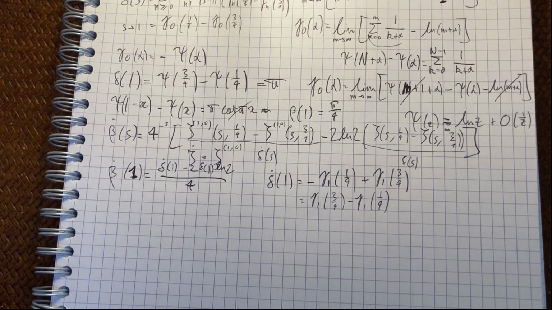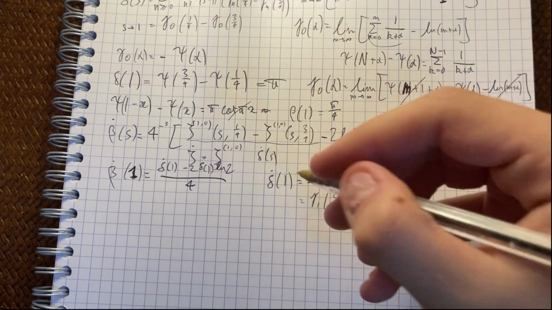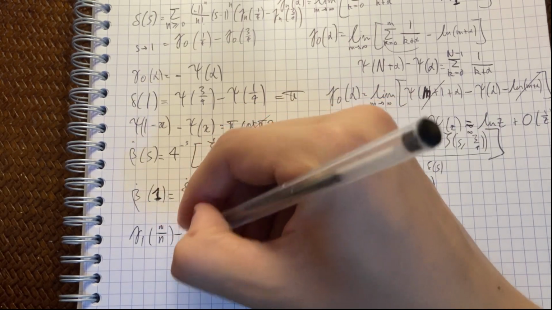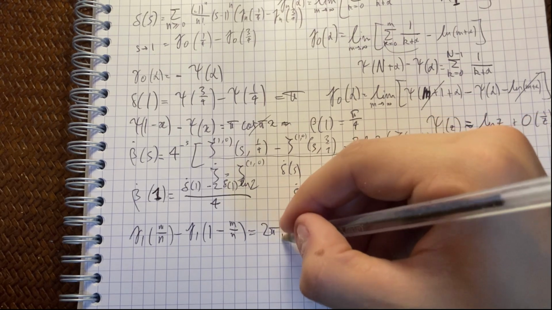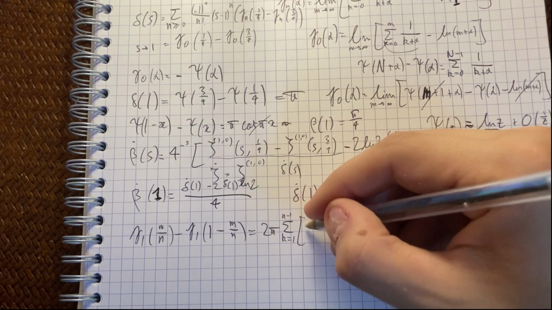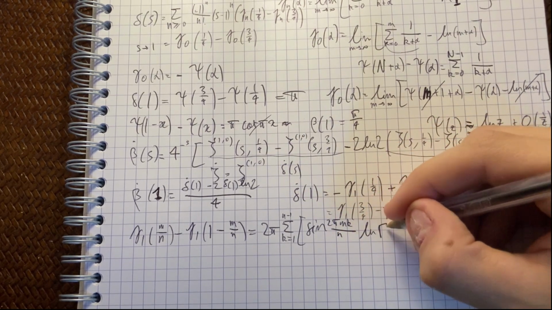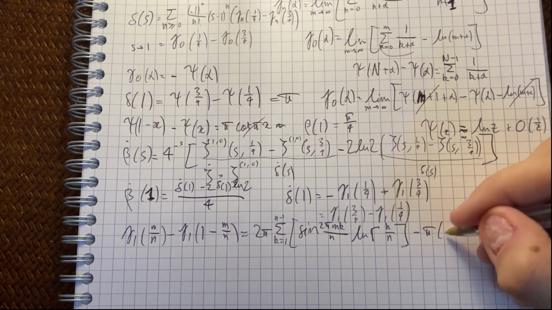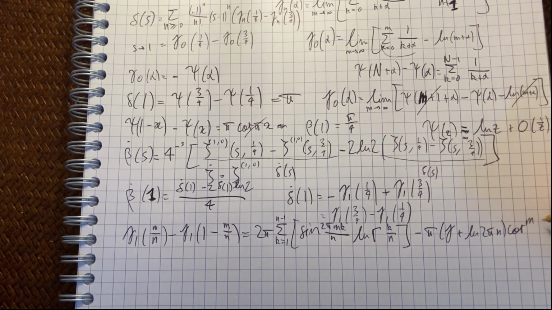Here 3/4 and 1/4, and we have a formula for rational arguments, and especially a reflection formula, which will be very useful in our case, which is the development of gamma 1 of m by n minus gamma 1 of 1 minus m by n, which is 2 pi times the sum for k from 1 to n minus 1 of sine 2 pi mk by n log gamma k by n, and outside of the sum minus pi times gamma plus log 2 pi n cotangent m pi by n,